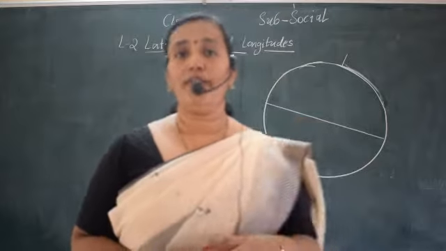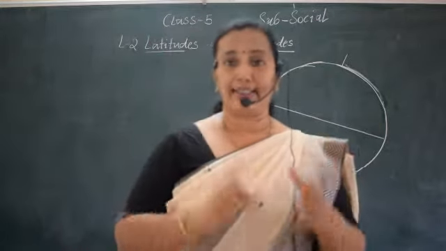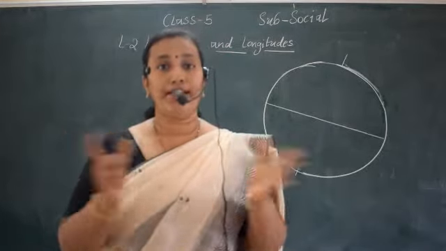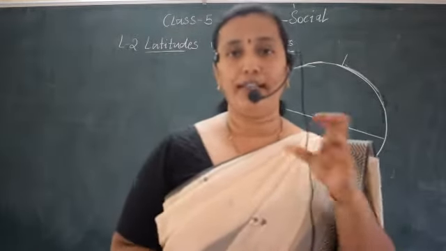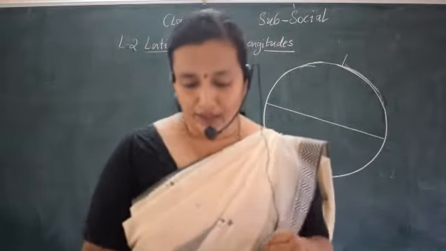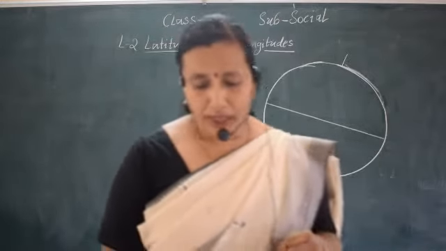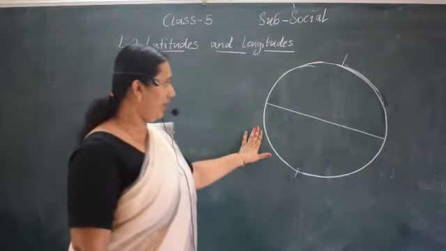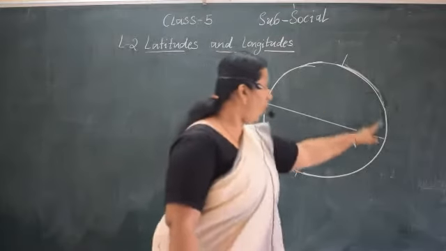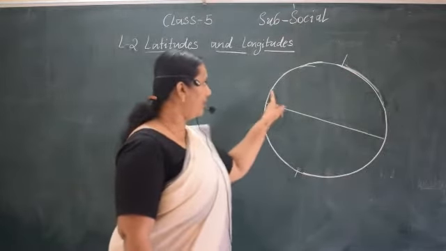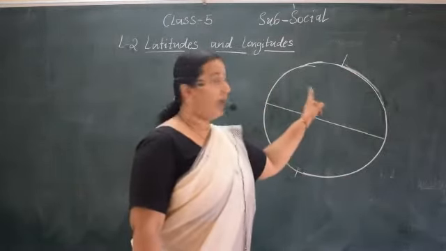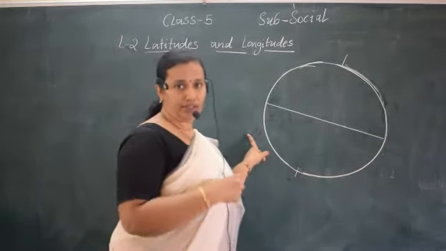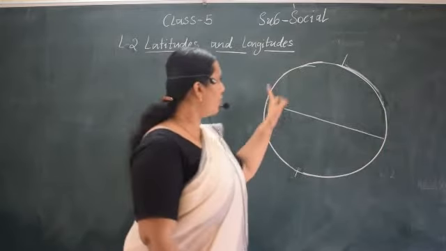And also you know that earth rotates on its axis. Isn't it? You already studied that. So what does axis mean? Axis means an imaginary line. Look at the picture here, children. I draw here. This is called the imaginary line. This is just an imagination. This imaginary line that it rotates on, okay, this is called axis.